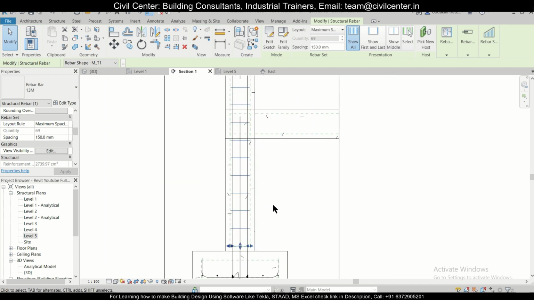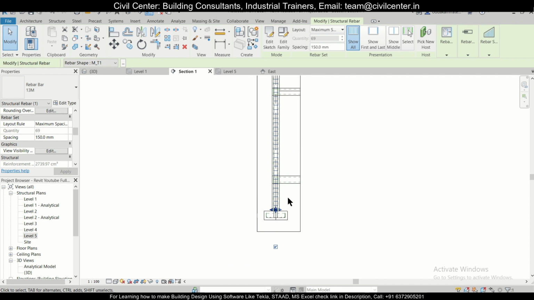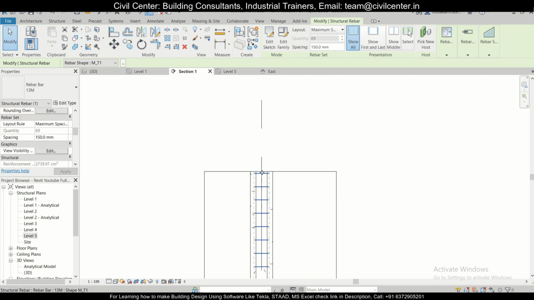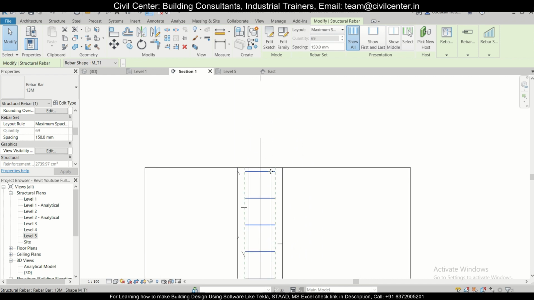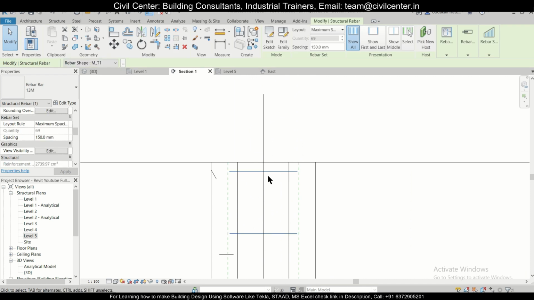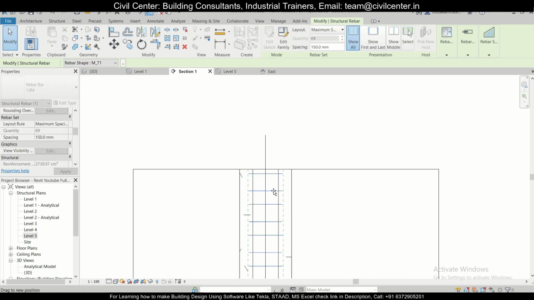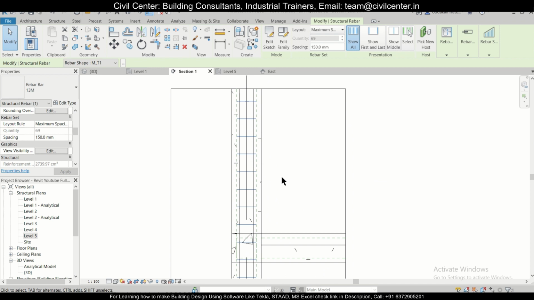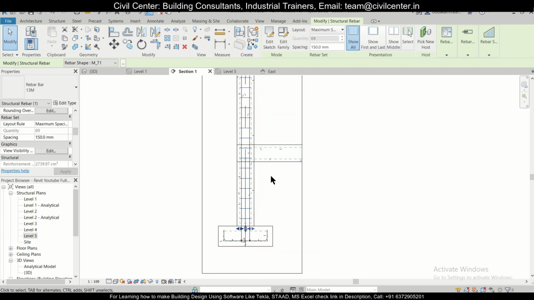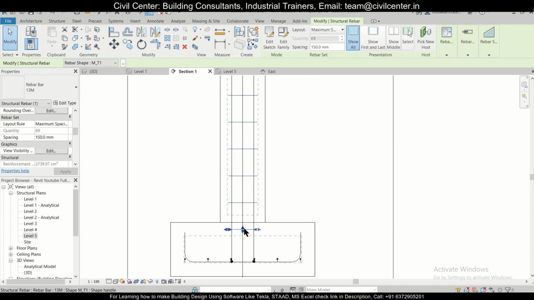So right now, if we want different spacing of stirrups at different levels, how do we achieve that? For that, first of all, select this, and after selecting this, you can see that you can easily move this upwards and downwards like this. You have to wait for this particular symbol.